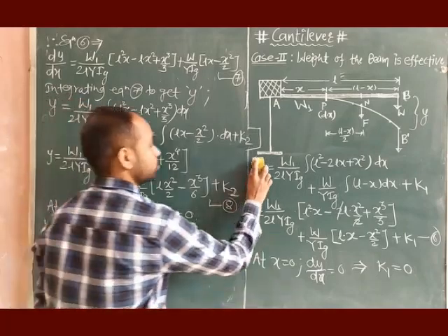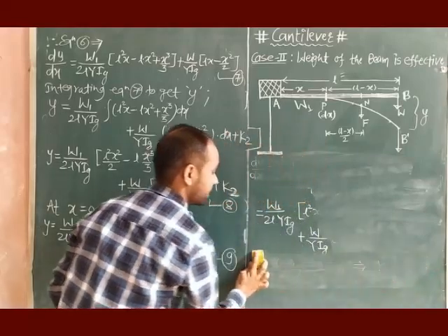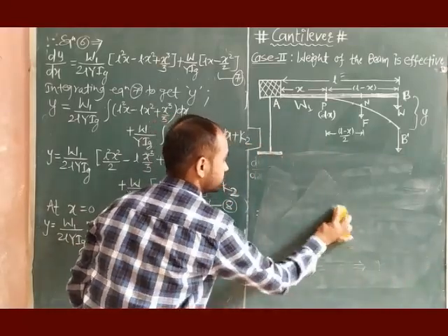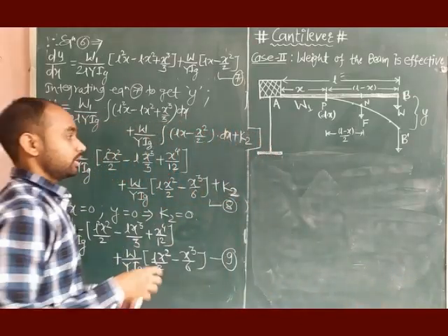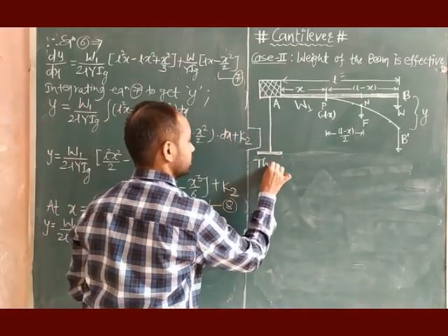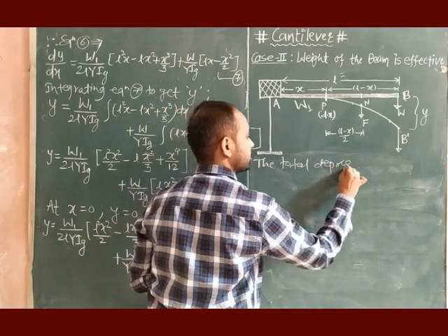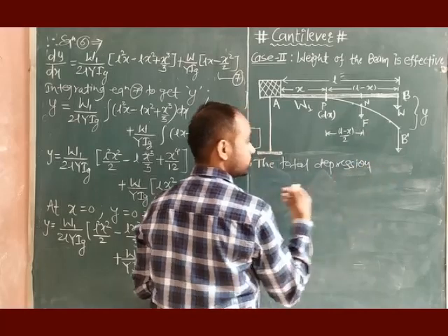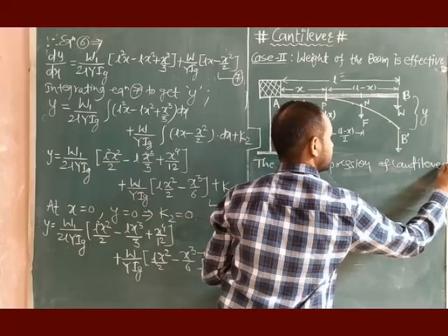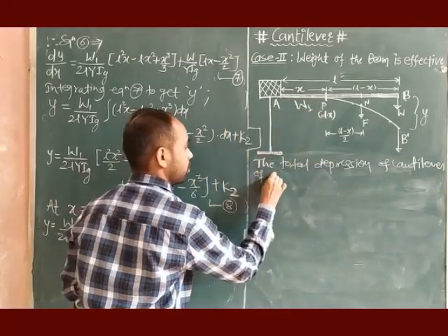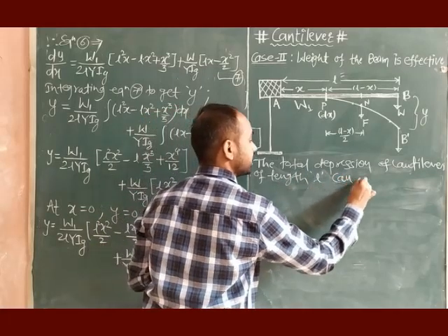Okay, right. So for that let us write one more line and we can find the total depression. Okay, so let us write it. So the total depression of the beam, or we can say total depression of cantilever of length L, can be calculated